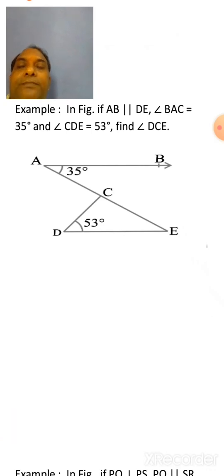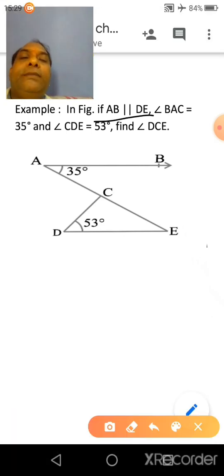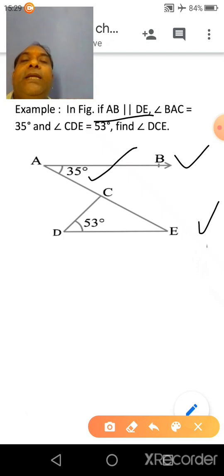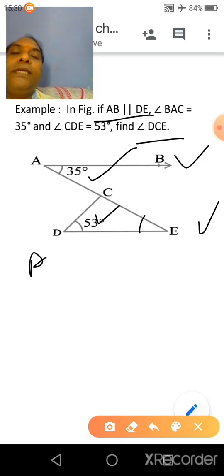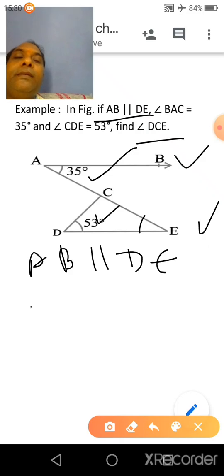Here AB is parallel to DE given, BAC is equal to 35 degree given, CDE is equal to 53 degree given. You have to find angle DCE. DCE means this angle. Clear? So because AB is parallel to DE, therefore